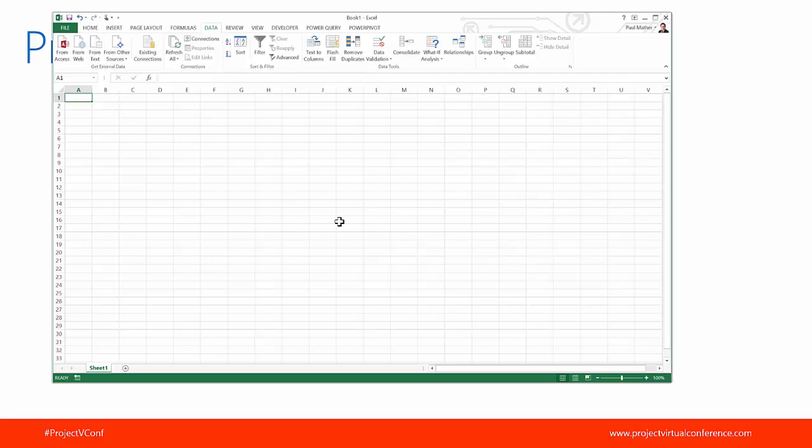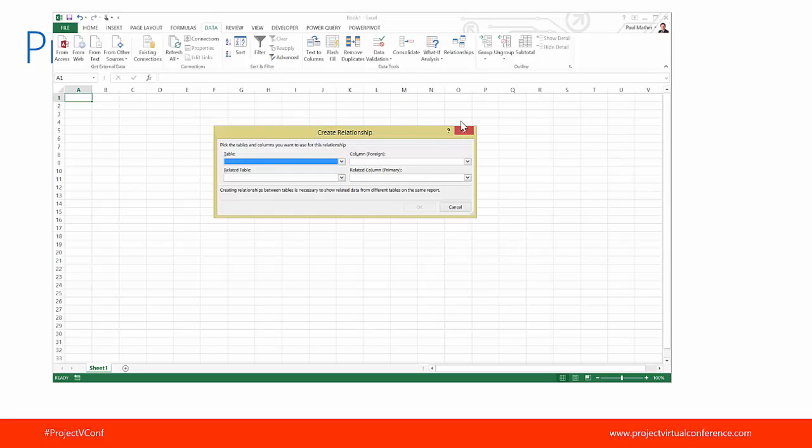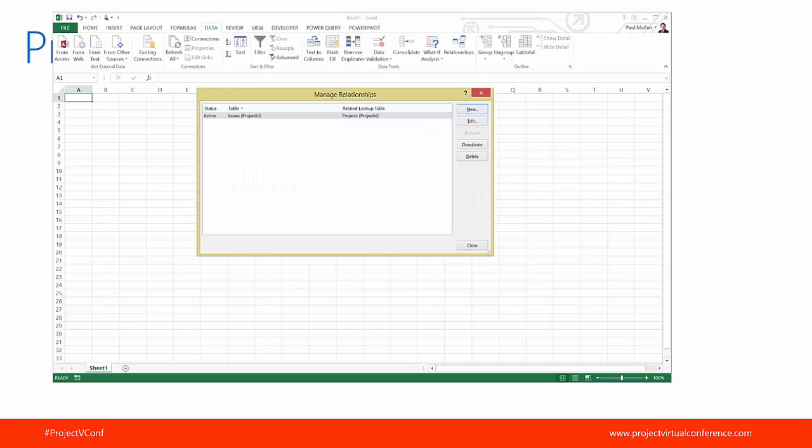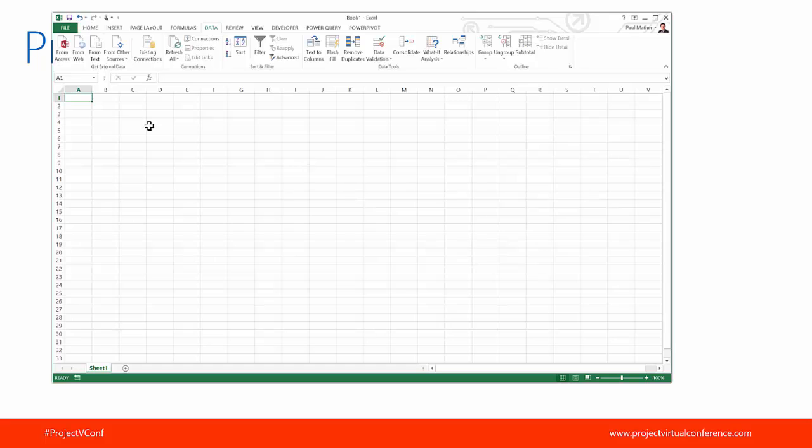So the first thing I need to do is actually create the relationship between those two tables. So we've got the relationships button here on the data tab. I'll hit New Table. So issues, we need to choose the key, and it's going to be the project ID to the projects table, and it automatically detects that the unique key is project ID. So click OK to that. That's created the relationship. So there's that join. So relationship, think of that as like a SQL join, to join those two tables together. So if we close that,